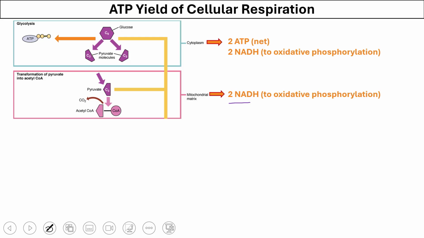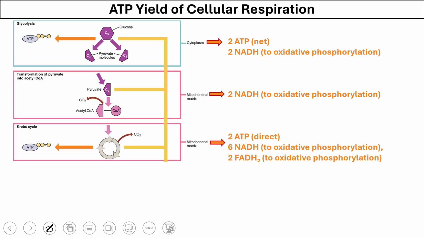The acetyl-CoA formed in the oxidation of pyruvate enters the Krebs cycle. The Krebs cycle leads to the formation of 2 molecules of ATP directly, and then 6 molecules of NADH and 2 molecules of FADH2, which will then enter